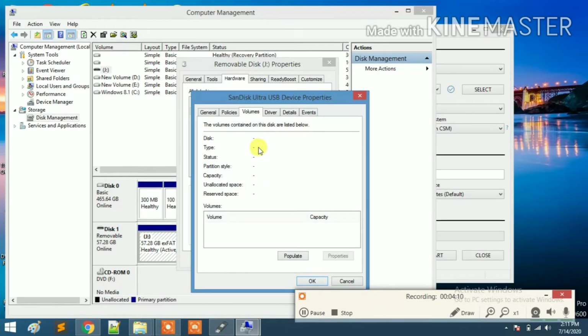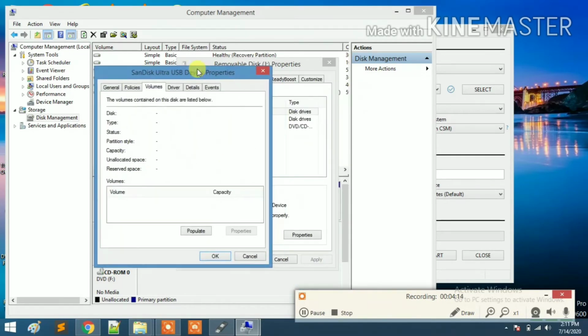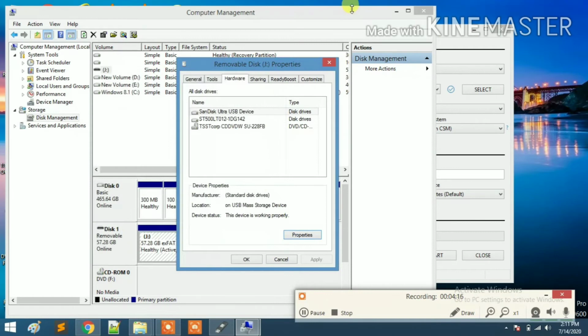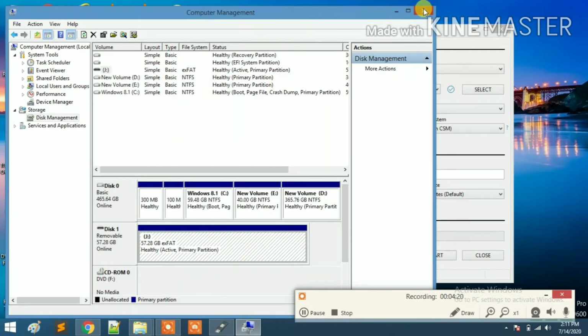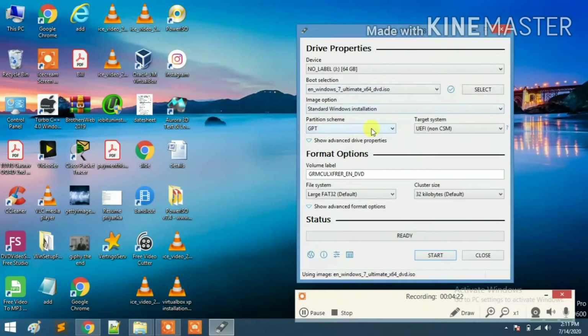Whatever you see mentioned here, you select that option. If your pen drive has the MBR partition scheme, then select MBR, and if GPT, then select GPT. Okay, volume level.